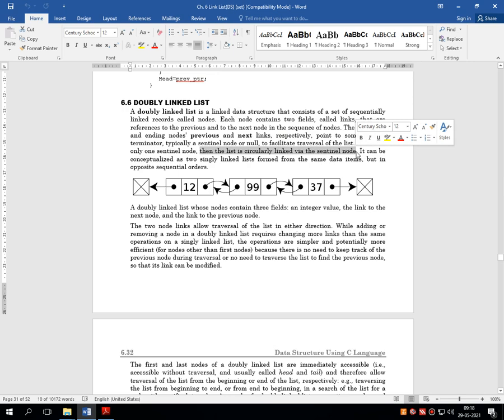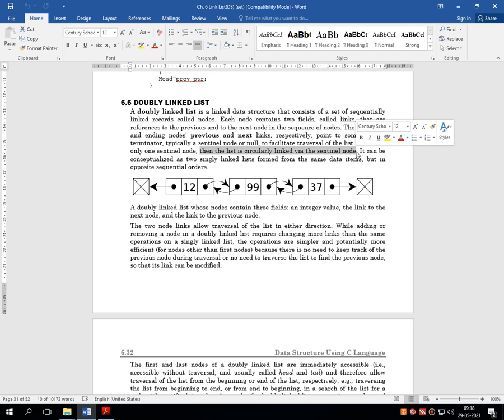That means whenever there is a single node in a linked list, the first node is the last node at that particular position, and automatically that linked list is considered a circular linked list, because there is no other new node in the sequence.